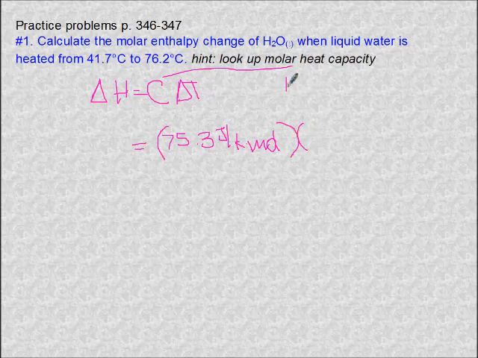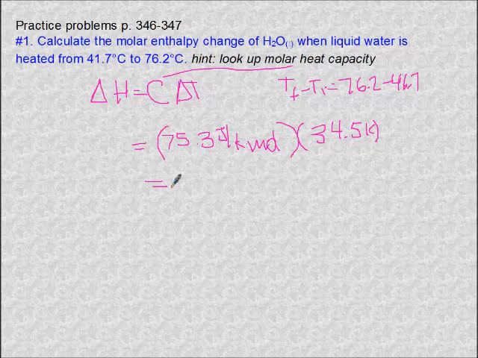Remember, it's always T final minus T initial. So 76.2 minus 41.7. So my temperature change is going to be 34.5, okay, and that's going to equal